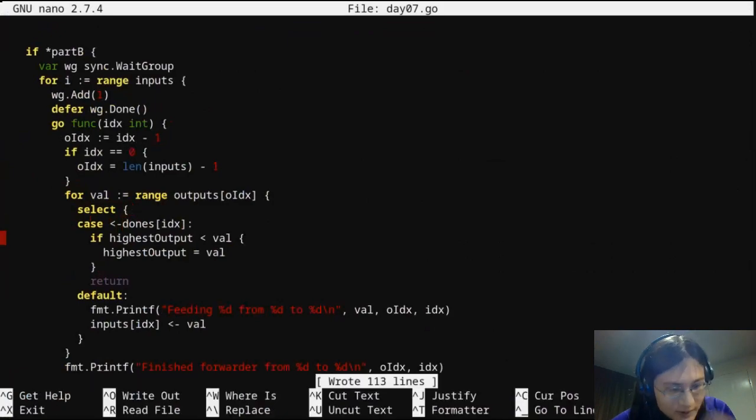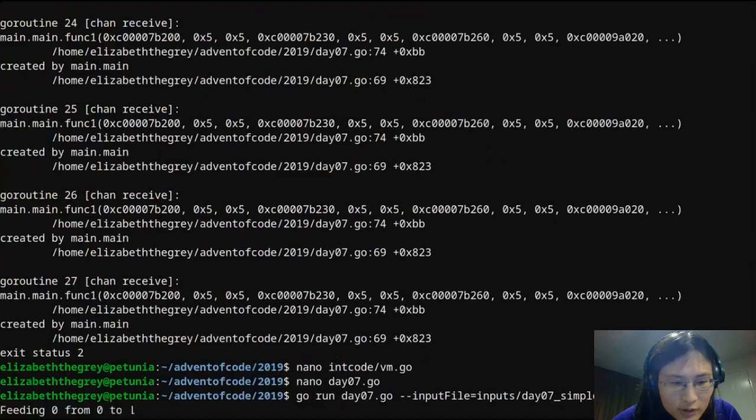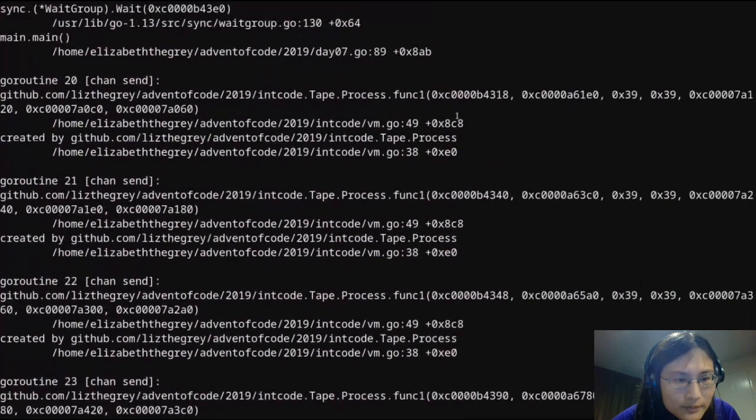It signals that it doesn't need any more input. Then why doesn't it terminate? Let's have a look at this.